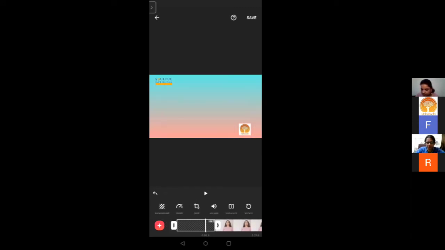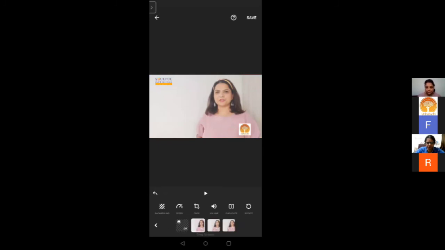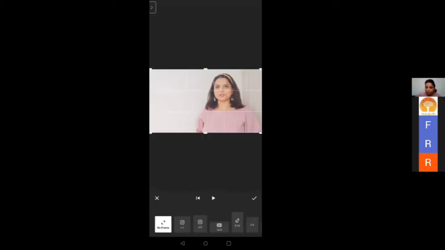I'll just tell you. Crop. If you feel that the size of your video is too big, what do you do? You go to a particular frame, select that frame and go to crop. So you can crop your video. If you don't want this big a frame, you can just crop your frames. Like you crop your photos, you can crop your video size and frame. If you feel too much is left at the top and too much at the side, or you want to crop a certain element in the video which you don't want to show, you can just crop it.